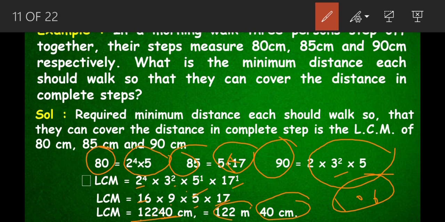According to their steps, if the value is more than this one or less than this one, they cannot cover the distance with exact steps. Like with 30 steps, 31 steps, with an exact number of steps they cannot complete. If the number is more or less, we have to count like 30 steps plus a half step, or a 1/4 step will be pending or extra. Exactly they cannot cover. To find exactly, we have to find the LCM in this method. Okay.